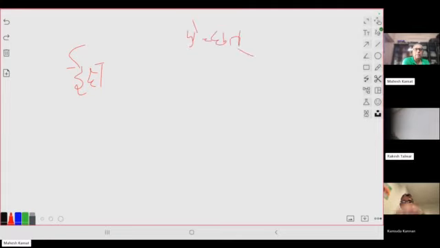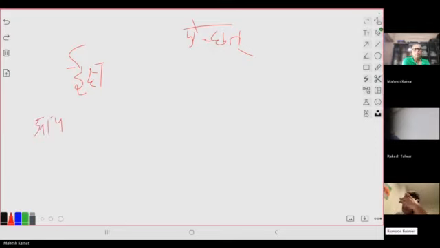That was a parasmaipadi dhatu. Here you have an atmanipadi. This is Ikshe. Let's do all the forms. Prathama Purusha: Aikshata, Aikshetam,